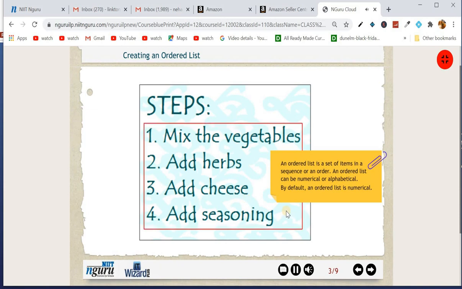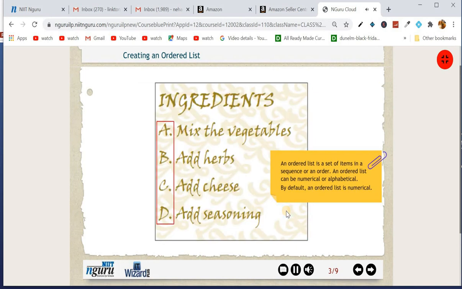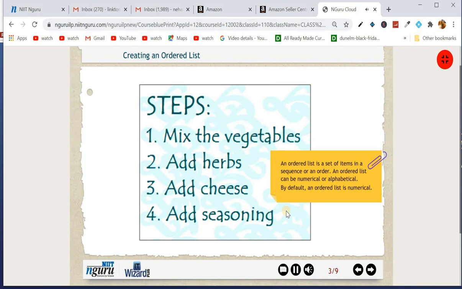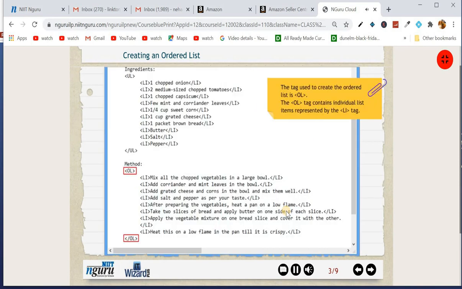An ordered list represents a set of items in a sequence or an order. An ordered list can be numerical or alphabetical. By default, an ordered list is numerical. The tag used to create the ordered list is OL. The OL tag contains individual list items represented by the LI tag.